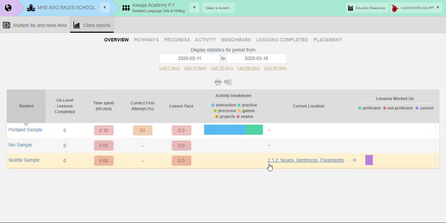The student is at the second grade level content, and then what they've completed, that is proficient, not proficient, or again at their current level. This is the overview report, which again, I think that you'll be spending most of your time on. The other report that I want to show you is the